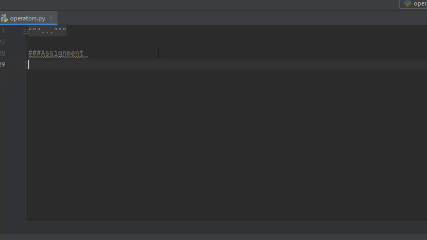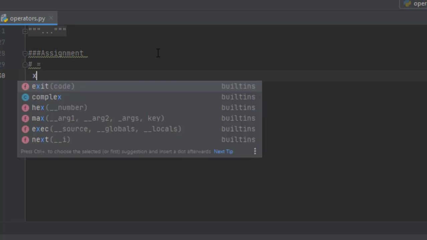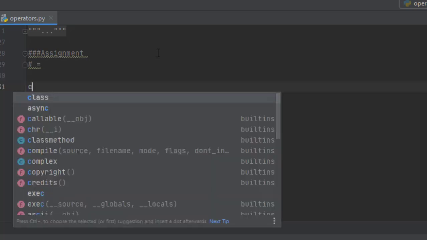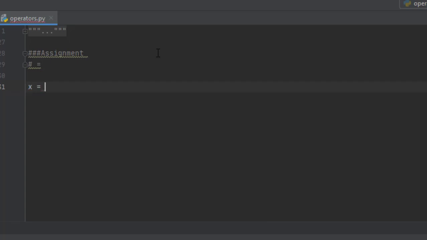So I'll start with the assignment operators. The first ever assignment operator is equal to. What is equal to? Simply consider a variable x, like we always do, and we are assigning a value to x. For example, we'll take a string this time. Why an integer every time? Now I'm assigning Monish to x. So that is called an assignment operator.